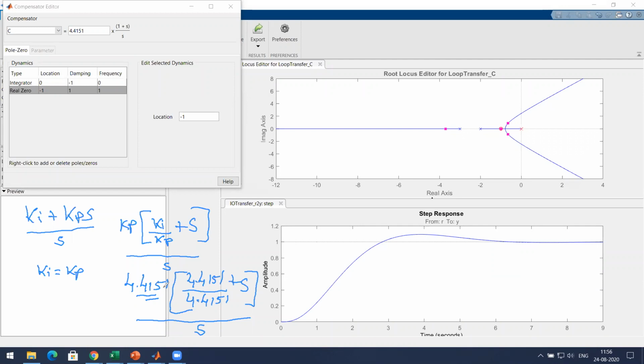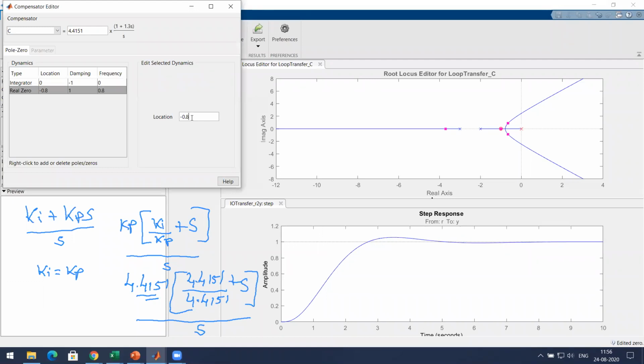Suppose I don't want Kp equal to Ki, what should I do? Sir, then s won't be -1, sir. You should vary the location of the zero.